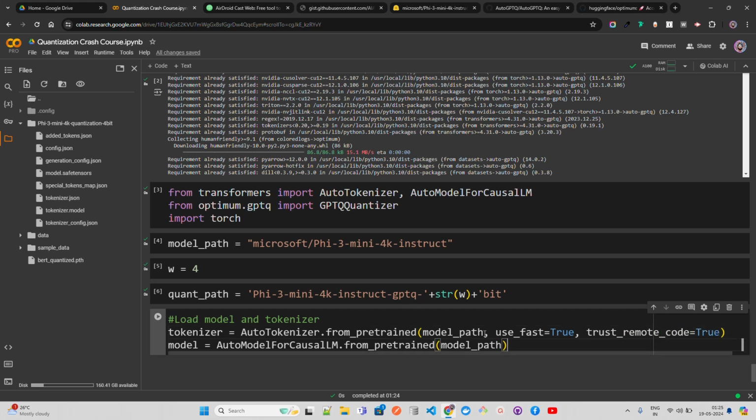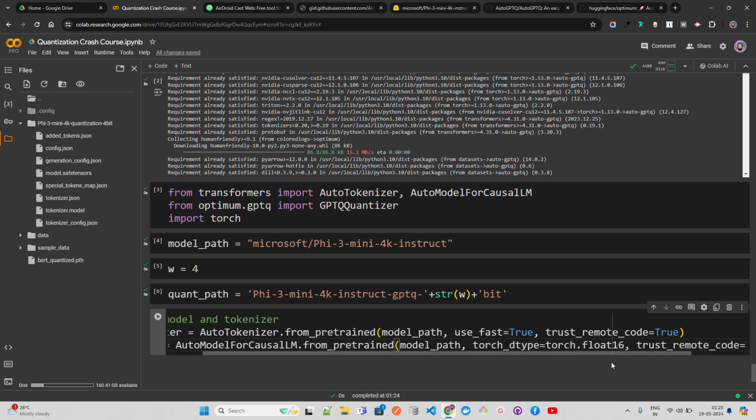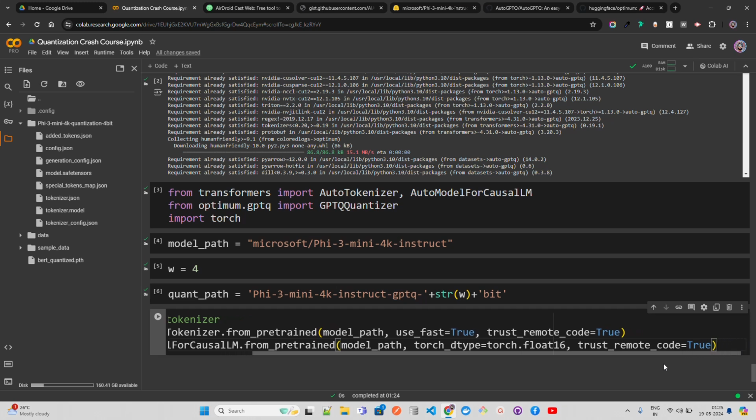If you don't keep it True, it will prompt you for it. And then for the model, you're going to define a torch dtype. So torch.float16, and then trust_remote_code is True. Then you can keep device_map auto. We are already on GPU, so let me just do device_map equals auto here.